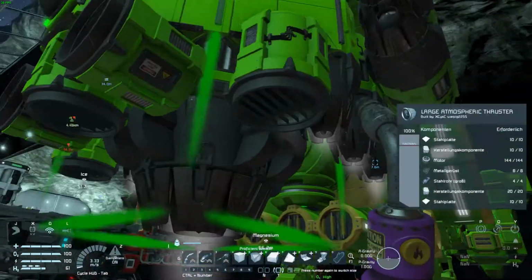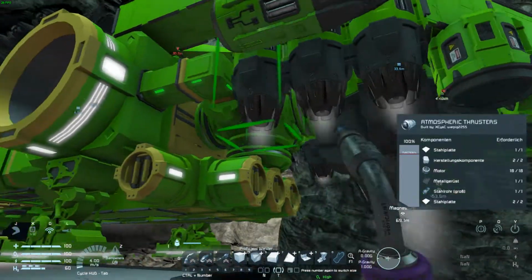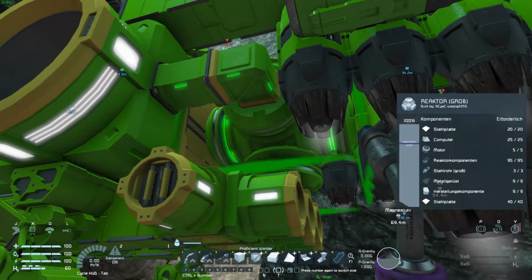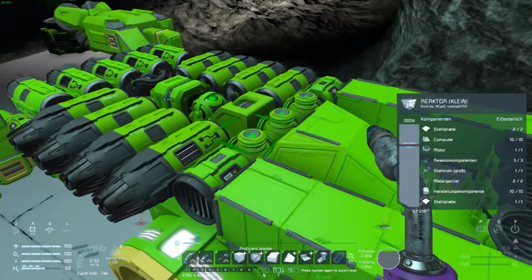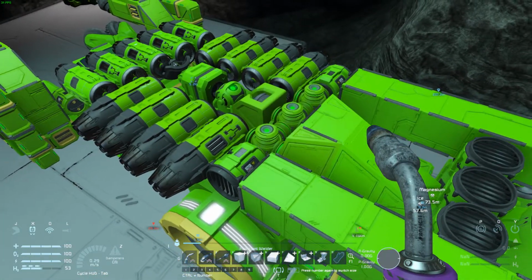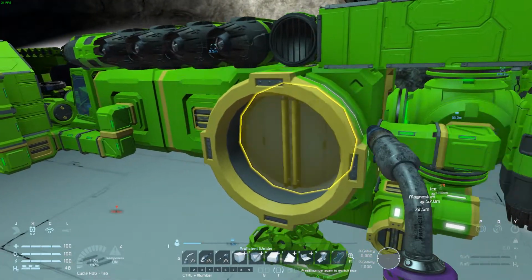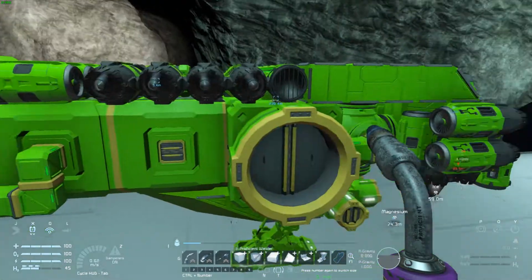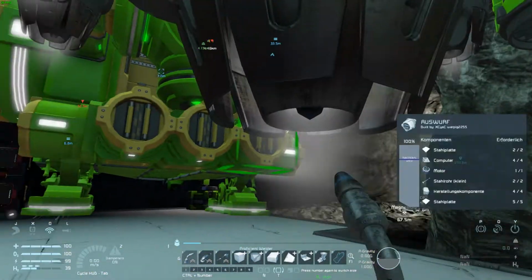And on the other hand, I just used a large atmospheric thruster and a large reactor and some smaller reactors just to power this thing. So don't use batteries or something like that, because they're too heavy for a mining ship. The next thing you maybe notice is